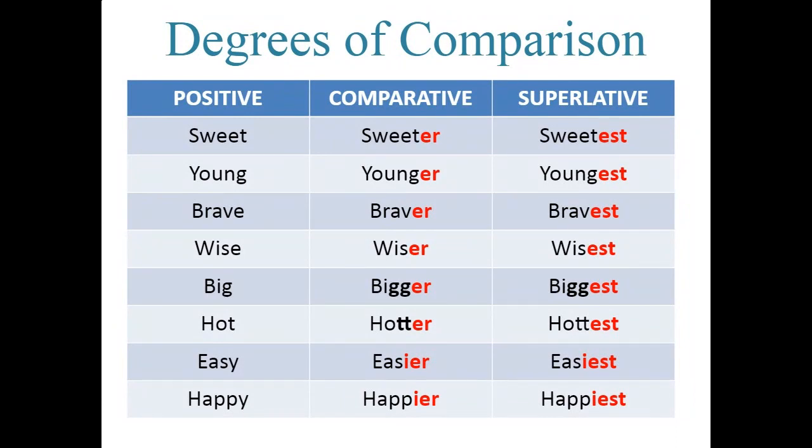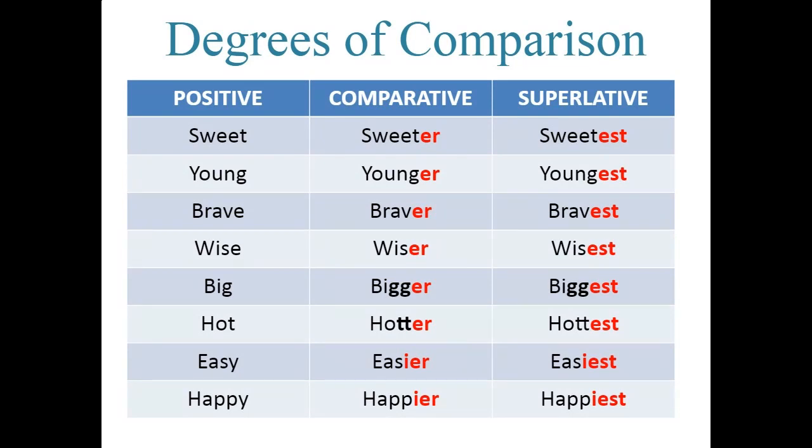Now the last two, easy and happy. If you see these words, these are ending in Y. Now, when I make the comparative form of this, it turns out to be easier. But pay attention to the spelling here, please. The spelling is not easyer. That's wrong. So I would change Y to I, and the spelling becomes easier. Similarly, for superlative, the spelling is easiest, right? So you have to pay attention to this one, wherein Y is changed into I, and then you add ER and